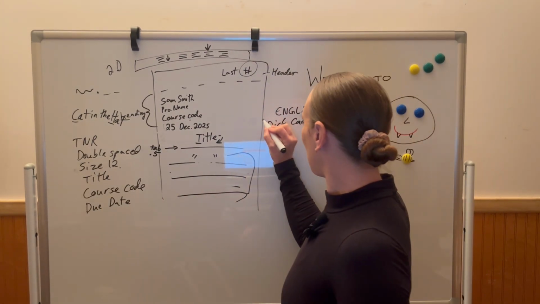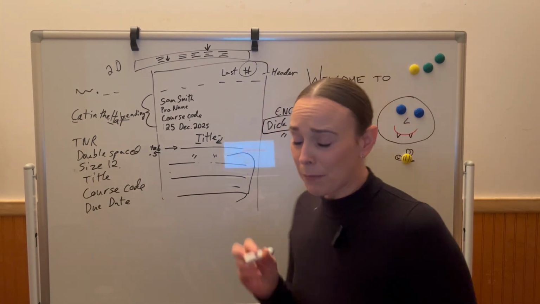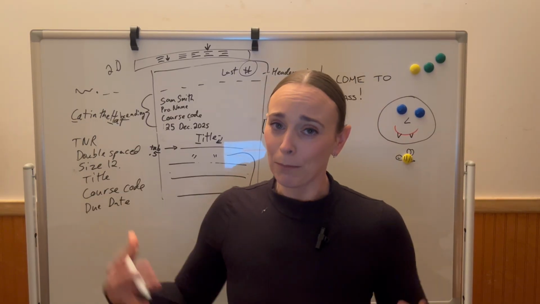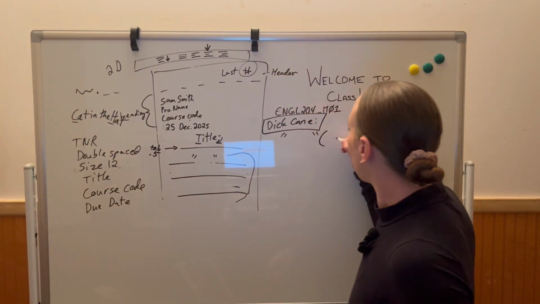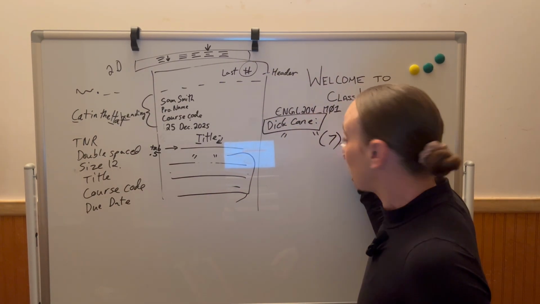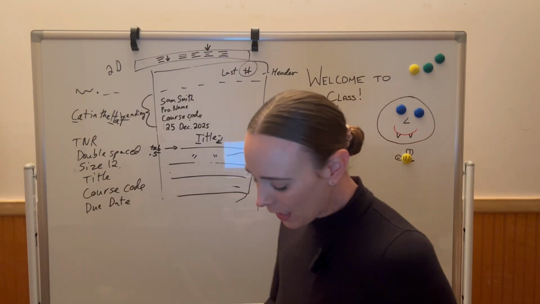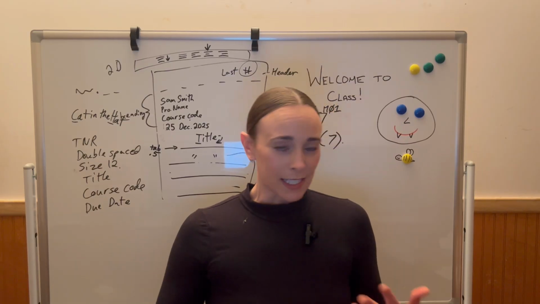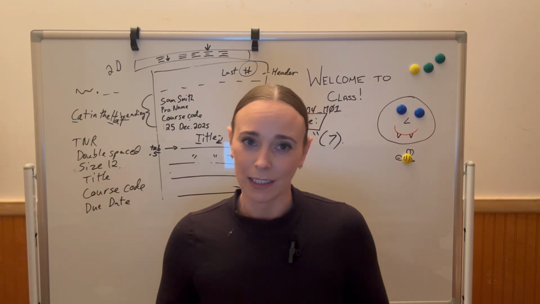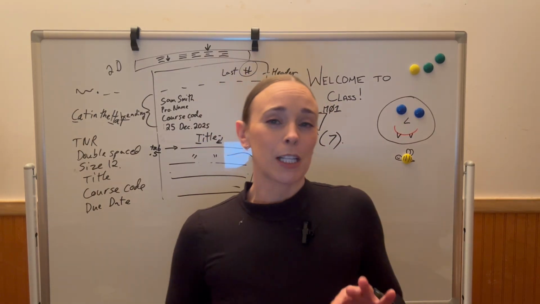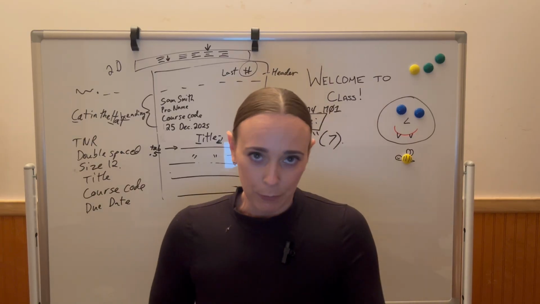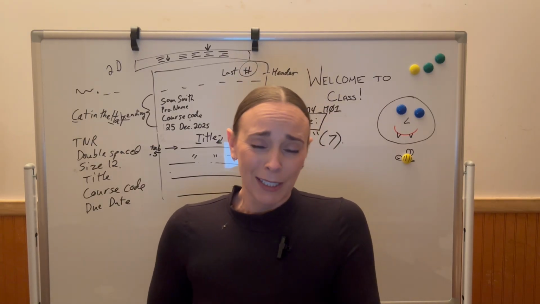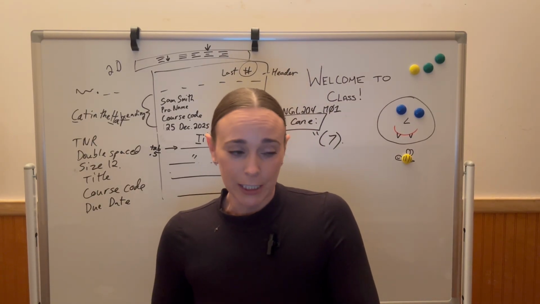So you want to make sure that you say something like, according to Dick Kane, blah, blah, blah. And then you want to follow it up with the page number that you got the information from. Now, if you found the information from a website that doesn't have page numbers, there are certain ways of still having that page number, even if it doesn't have a page number. That's something I can always explain to you. If you have questions about it, feel free to reach out to me.